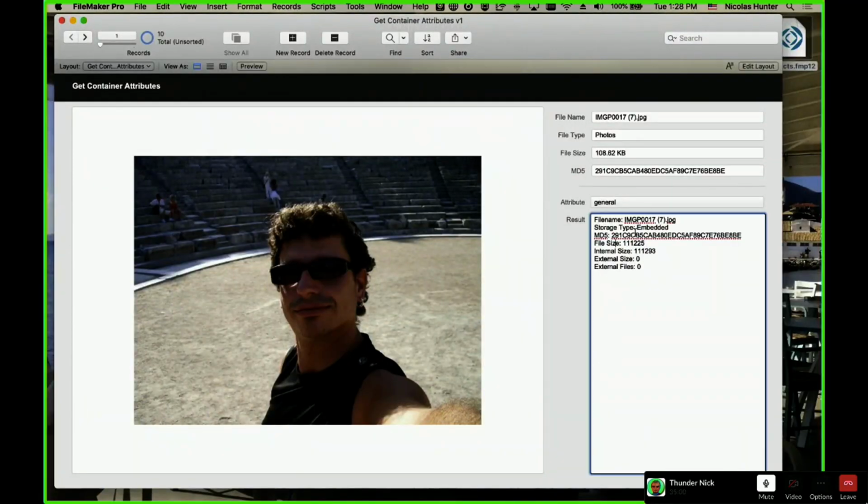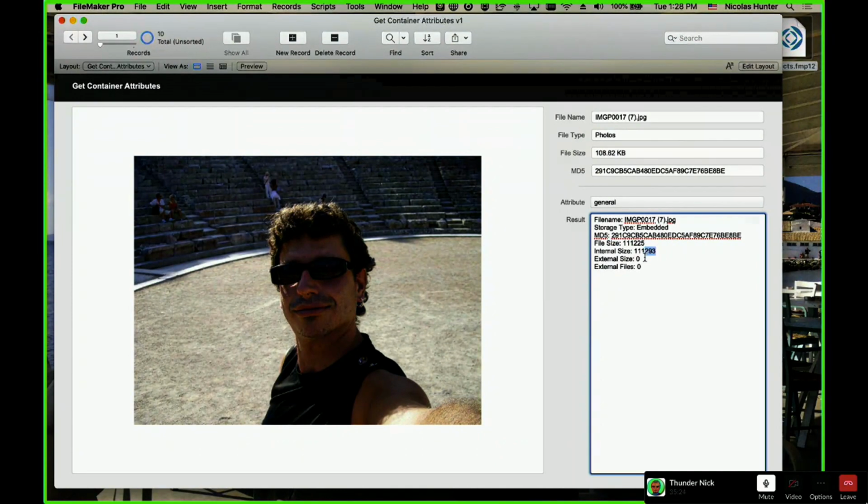And it will say open storage here, and it will say nothing here on internal size, nothing. It will put the size here on external size, okay? Because the file is external. But here, what I want to focus on is that you have the file size and you have the internal size, which is a little bit bigger. The internal size is 60 kilobytes more.